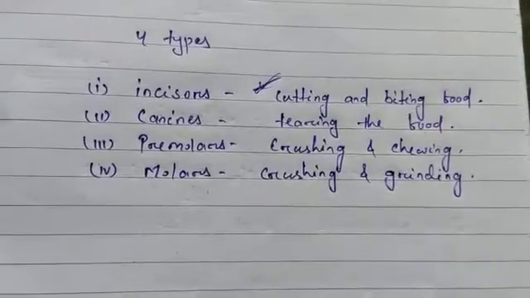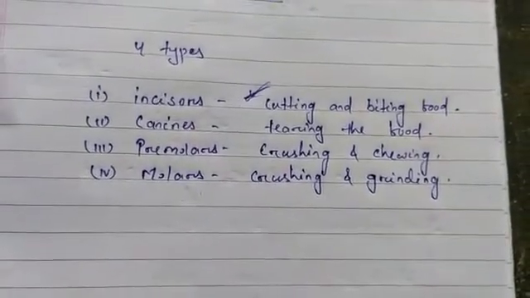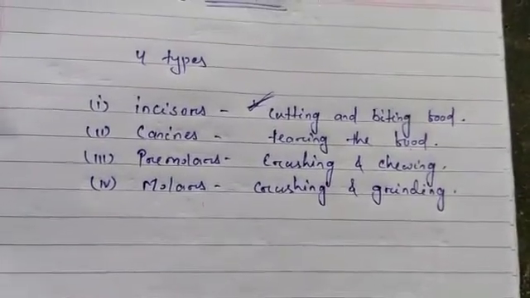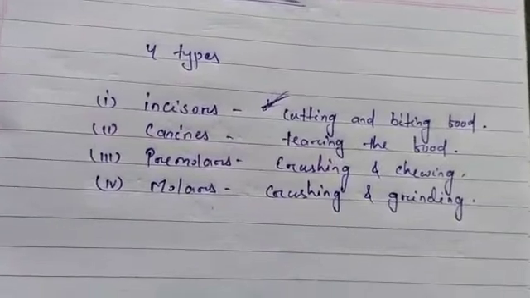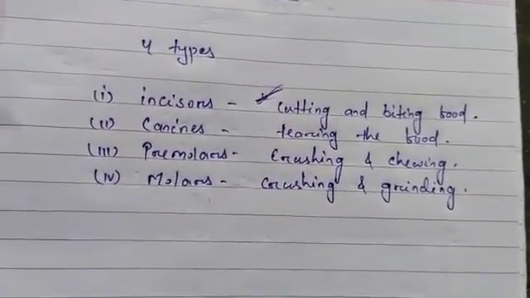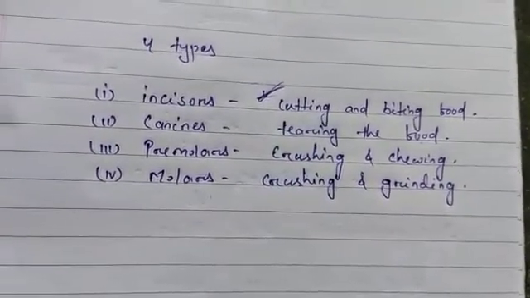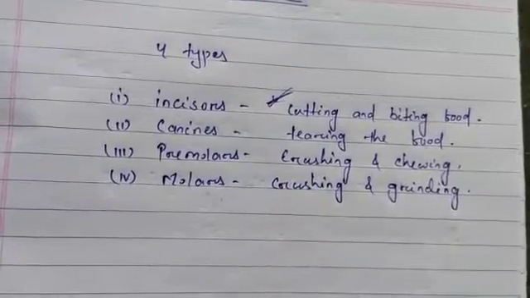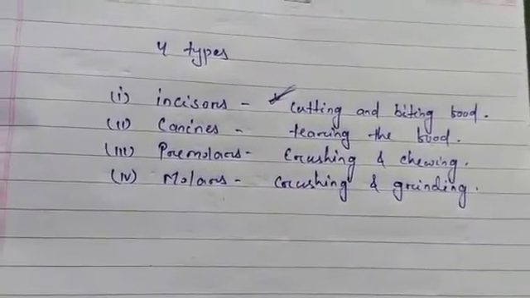Next to the premolars, molars are located. Molars are the largest teeth in the mouth. They are also very flat and have sharp ridges on the top, so they also help in crushing and grinding the food. Molars are the most powerful teeth and can apply a lot of pressure on any food item. There are 6 molars in each jaw, that means a total of 12: 6 in the upper jaw and 6 in the lower jaw.